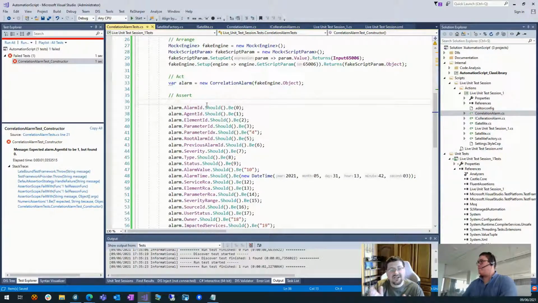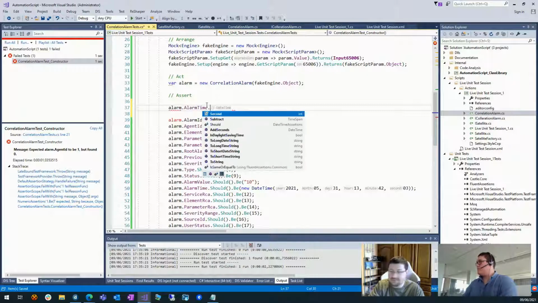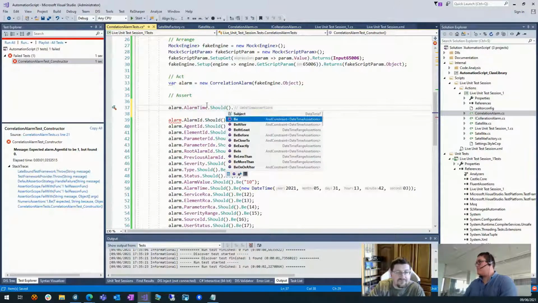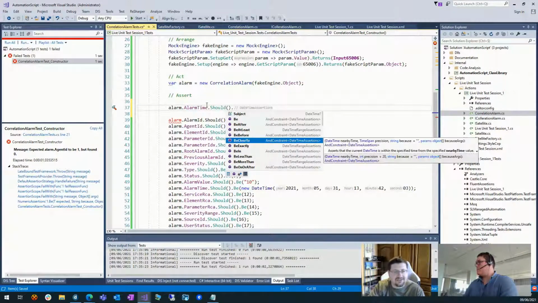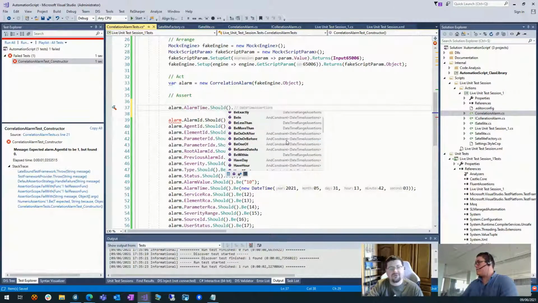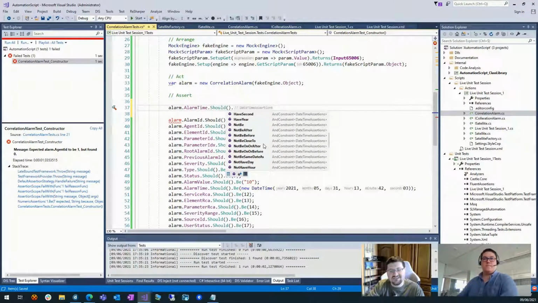You can actually check if a DateTime is in between one value or another value. So if you check, see, so BeAfter, BeAtLeast, BeBefore, BeExactly, BeLessThan, BeMoreThan. That's very handy because sometimes a DateTime is instantiated or created from DateTime.Now.